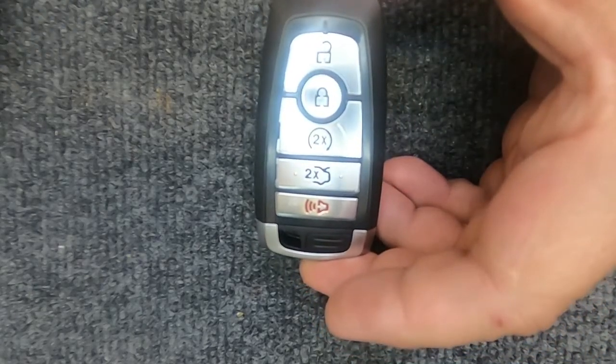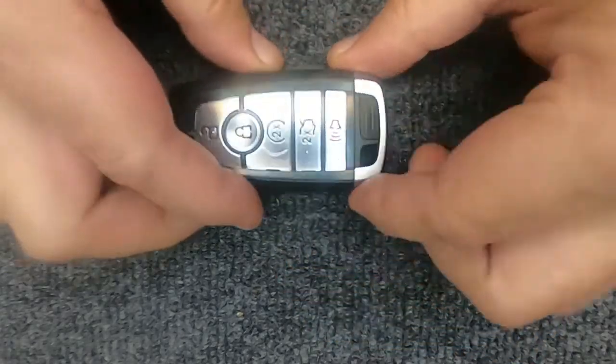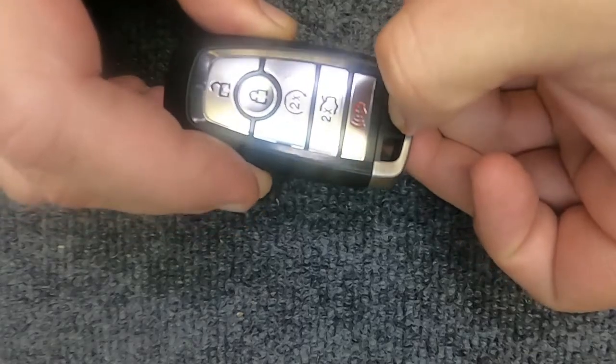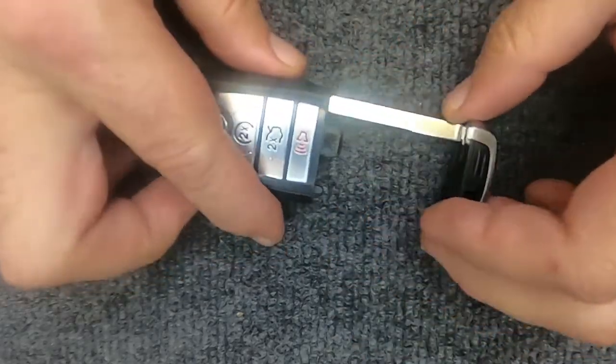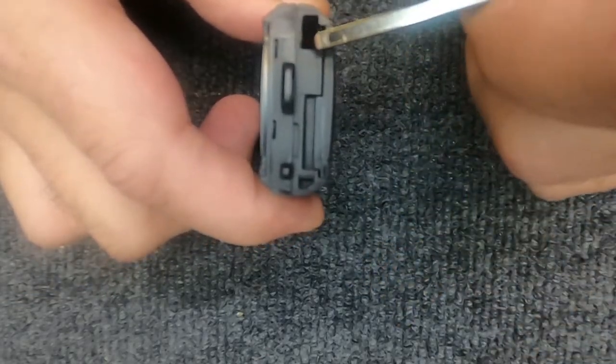All right, we're going to change the battery on your 5-button smart key. This remote here, all you need to do is right here at the bottom, go ahead and hit your release. The remote will come apart. When it does, when you look up in there, you'll see where the emergency key was and then